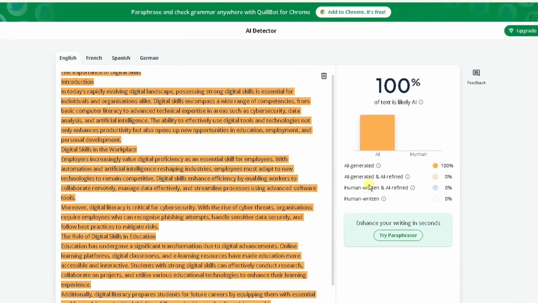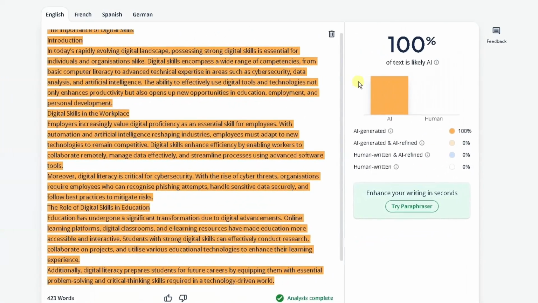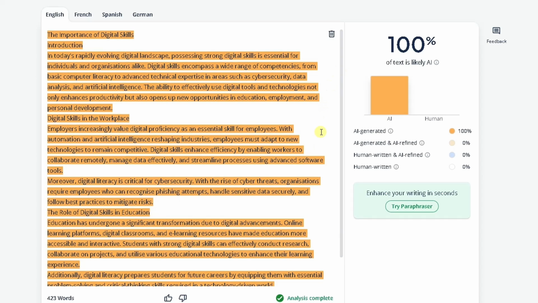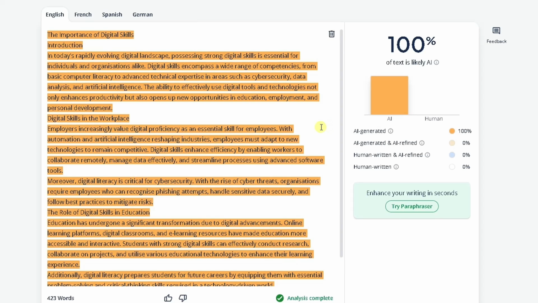Now it's come back straight away on the right side in this pane saying 100% of this text is likely created by AI. So you can see here it's scored this AI generated, it's given this a score of 100%. So you can go back to the learner and say, look, the likelihood in terms of the work that you've sent has been generated by AI. But you're not 100% sure really, but there's another check I do as well,